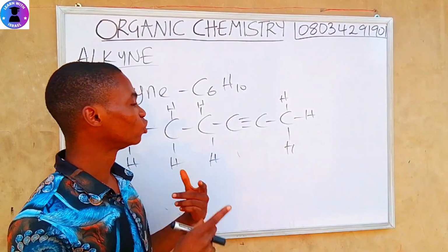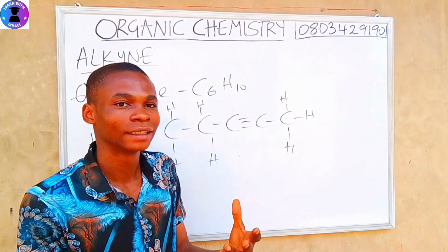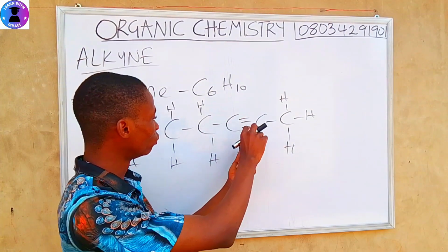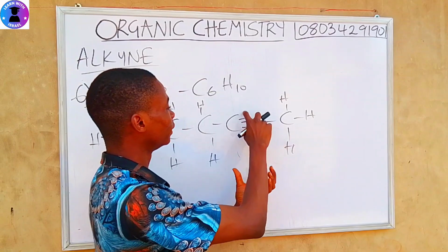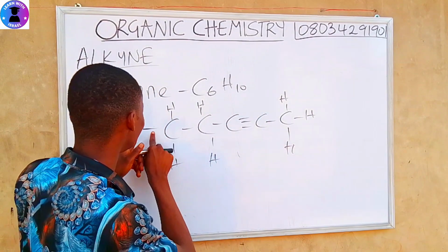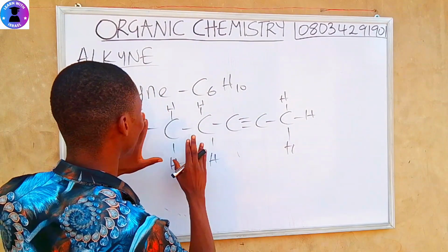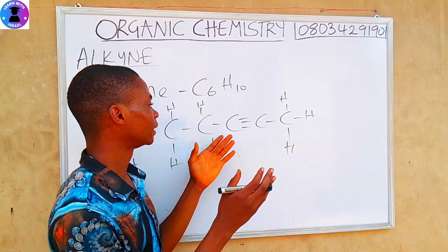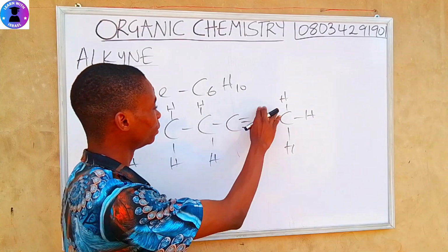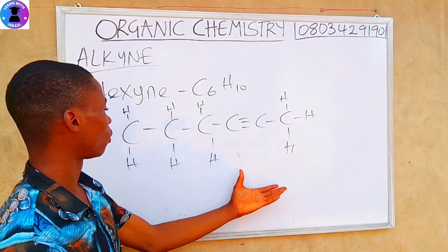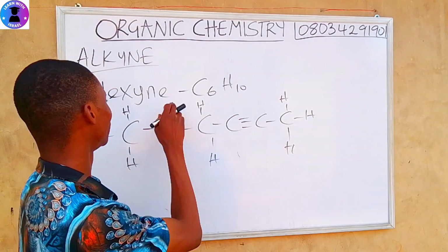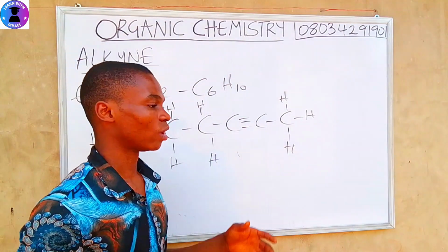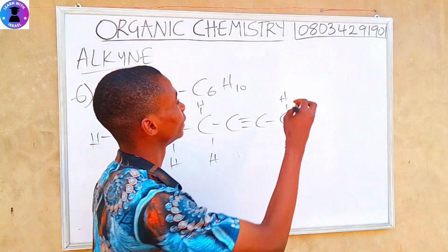That's also what we are going to do for heptane. I'll be stopping here. Even once you see that the triple bond is here, or even if the triple bond is here, just remove the hydrogen and bring it to where the triple bond is not attached. So that is how you do it. Just avoid tampering with this. You can see now that it is complete. 3, 4, 5, 6, 7, 8, 9, 10. This is H10. So you're also going to do the same for heptane,